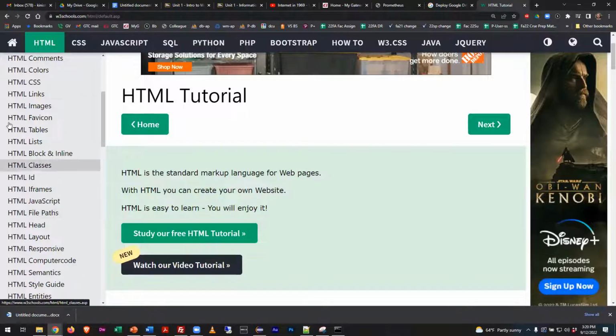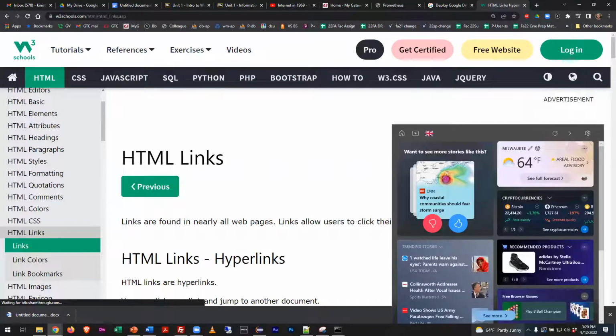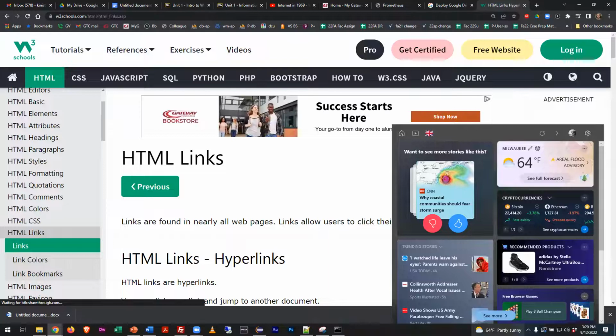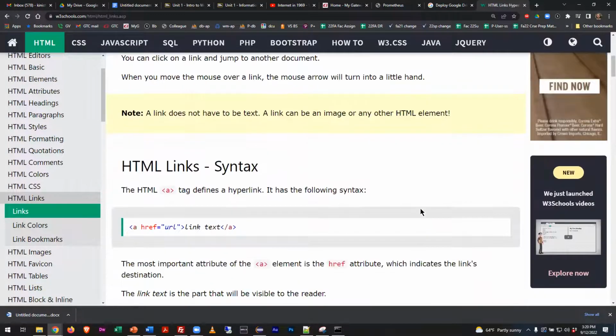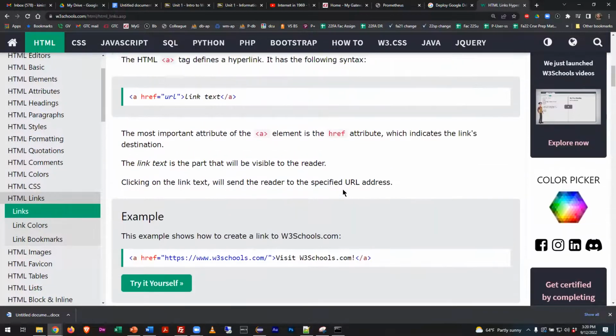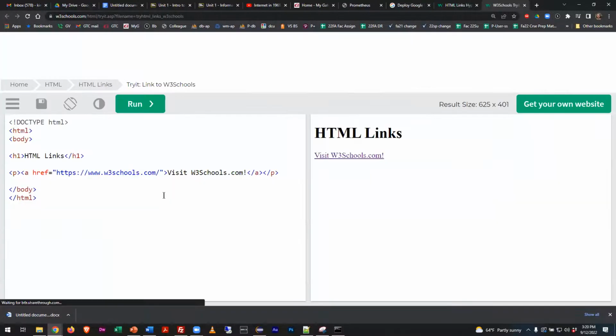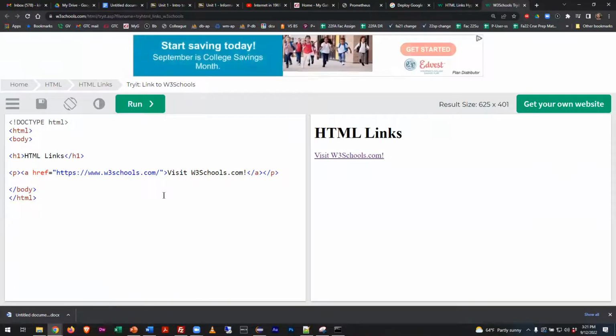Just for example, when we get to creating HTML links, let's say you had that lesson, and a couple of weeks later I forgot how to do a link. How does that work? You come in here, you look it up, and they show you the form of the link. This is the code you type. And they have these cool little tools built in, like "Try it yourself." This is really fun too, because I use it all the time to test stuff. They have an in-browser editor where you can alter the code, run the code,